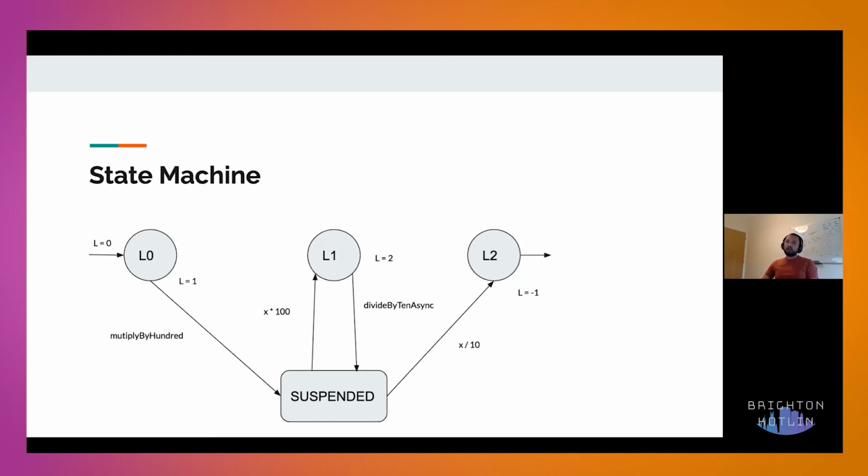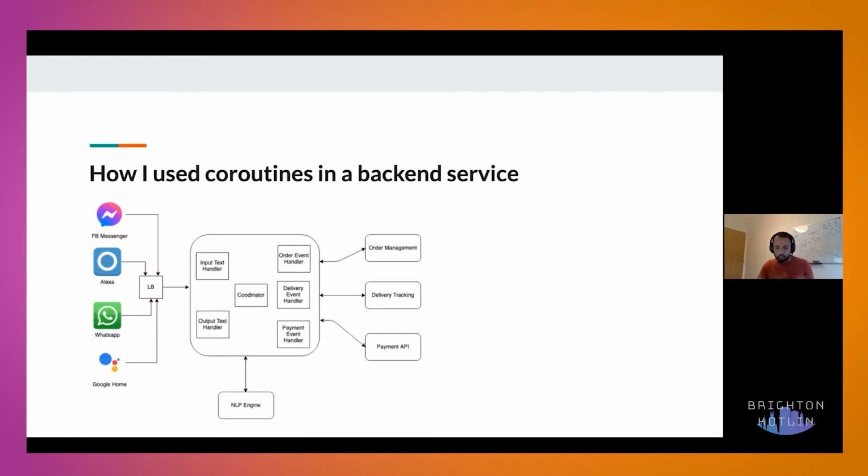So now I would like to talk about one of the recent projects I worked on. Let's say we are going to build a conversation platform for users who can ask about their orders, train times, or anything related to customer service.